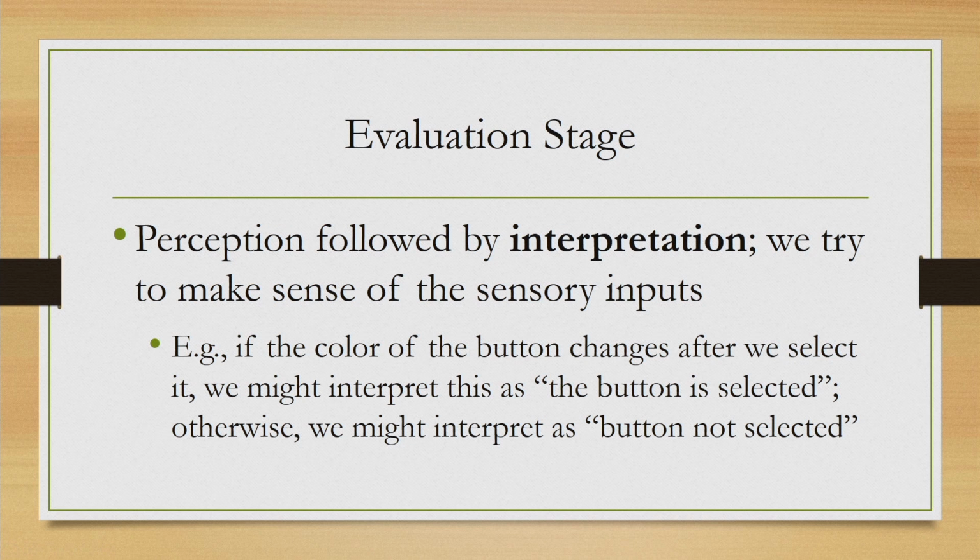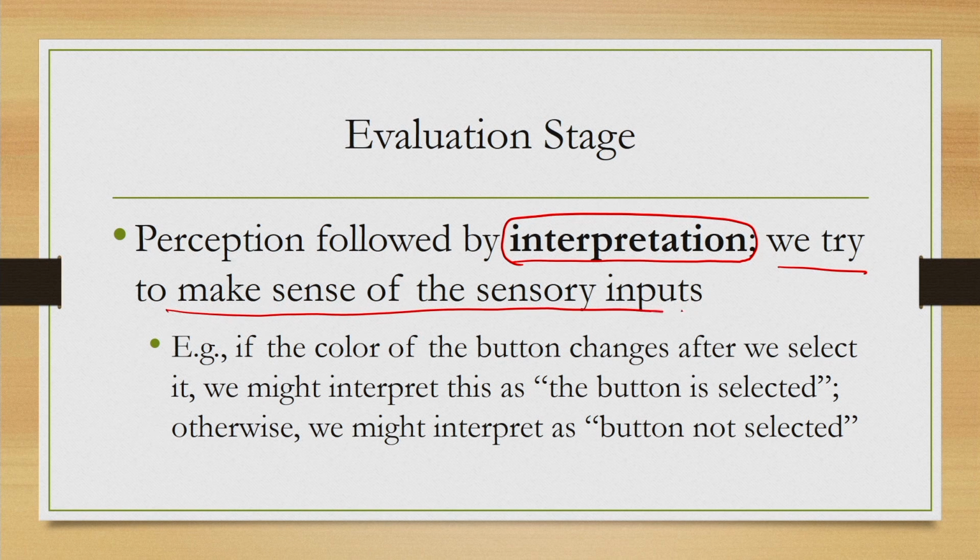The perception is followed by interpretation. So, we see something on the screen or on the interface, and we try to make sense of that sensory input. Perception is essentially a sensory input. Now, perception may be visual, may be auditory, may be both. Here, of course, in this example it is only visual, but sometimes it may involve auditory input also. So, these are inputs to our perceptual systems, and that input is processed to interpret what those perceptual inputs mean.